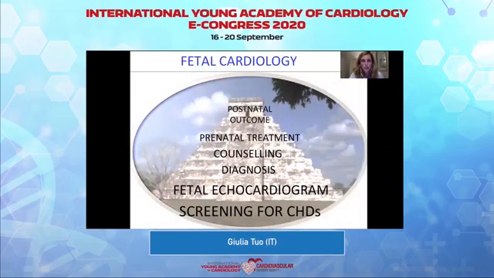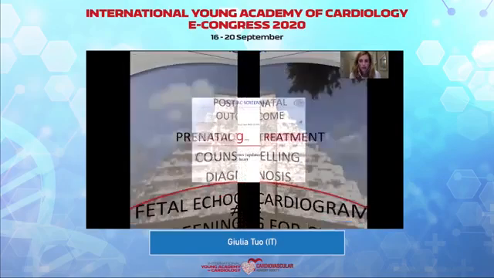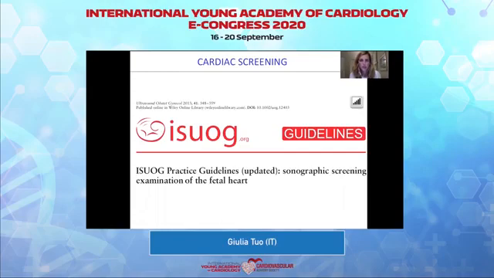When I talk about fetal cardiology, I like to think about a pyramid, and at the bottom of it, I put the screen for congenital heart disease. That is something different from the fetal echocardiogram. The first one is performed by the obstetrician, who aims to look at the heart and recognize that something is wrong. And in 2013, the International Society of Ultrasound in Obstetrics and Gynecology published new guidelines